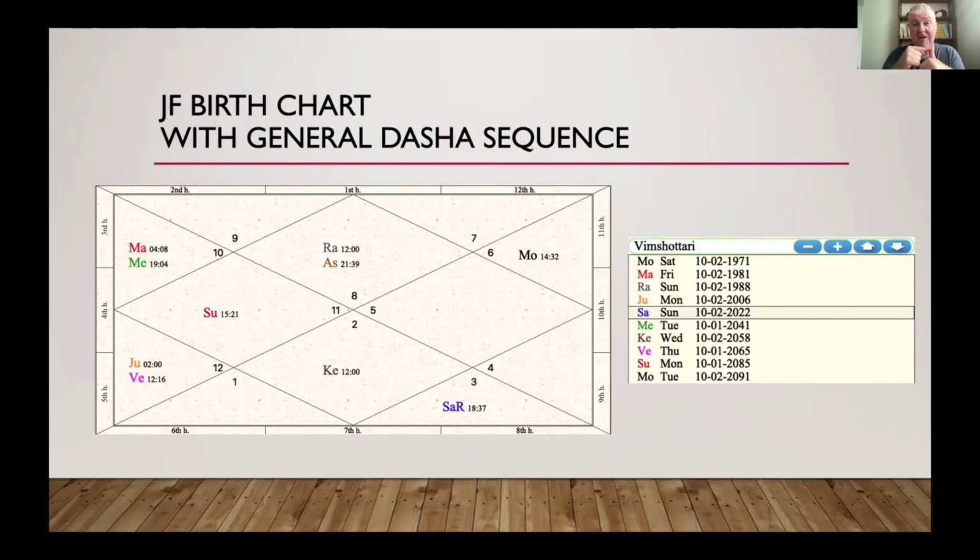Saturn is going to look 3 bhava away, 7 bhava away, and 10 bhava away. What does that mean? It means that Saturn, placed in here, has obviously some power in that house, but it has some power 3 away. So 1, 2, 3. That bhava, for example, is going to be impacted by Saturn when Saturn is at the forefront. 7 away, it means that bhava in here is going to be impacted by Saturn. And 10 bhava away, it's here. So we know that the 5th bhava is going to be impacted by Saturn as well.